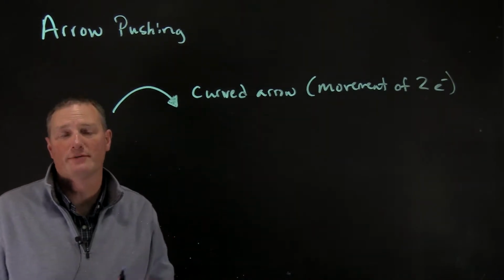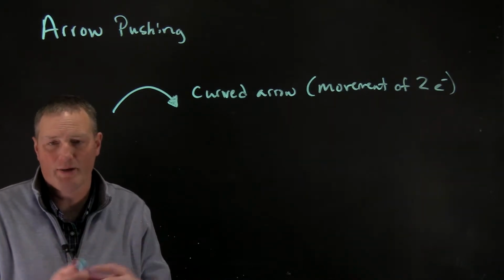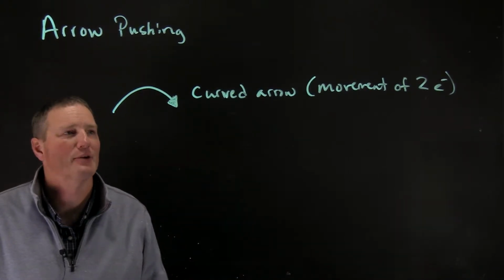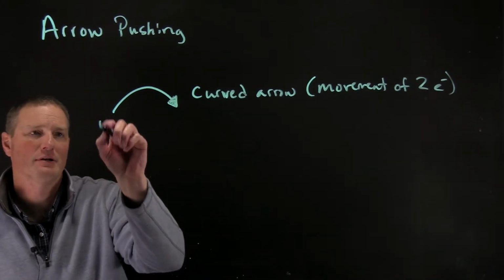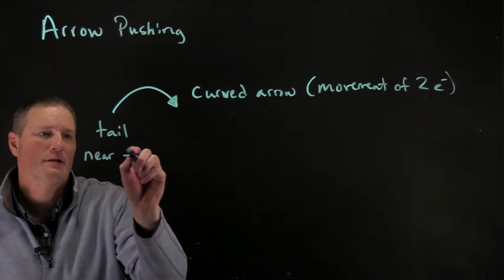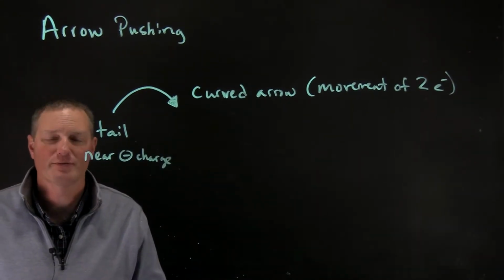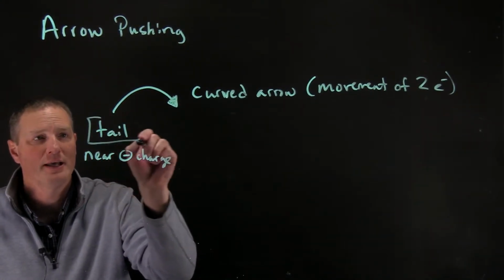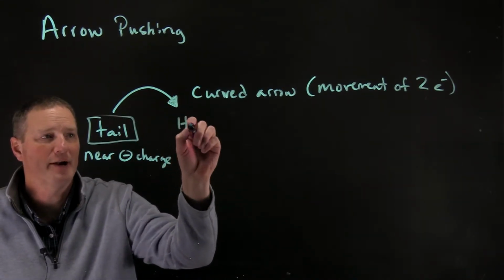When we say the movement of two electrons, we're talking about the movement of them in space, possibly between two reactants to now form a new bond, or possibly where electrons can be spread out across a molecule. In general, when we write this curved arrow, we always put the tail of the arrow near negative charge. That could be near actual electrons or partial negative charge, but the tail of the arrow is always coming from a negative area and then going to the head of the arrow,